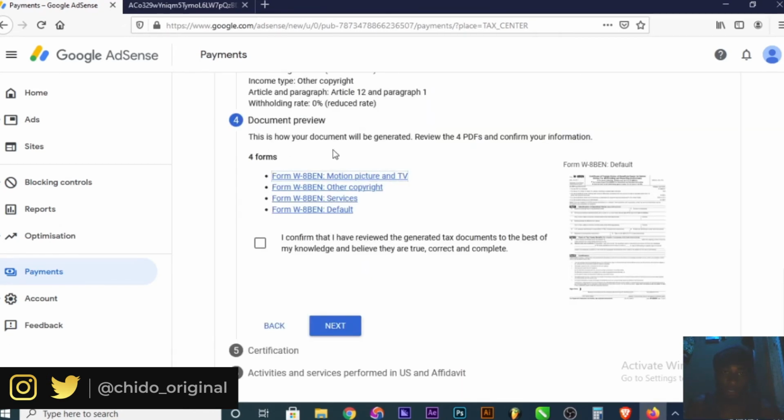Document preview. This is how your document will be generated. Review the 4 PDFs and confirm your information. So these are the 4 PDFs: the motion picture and TV, the other copyrights, services and default. So they have 4 different documents here, and if you open any one of them, it will open this type